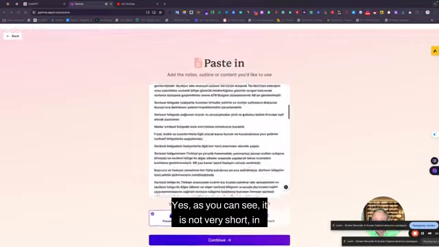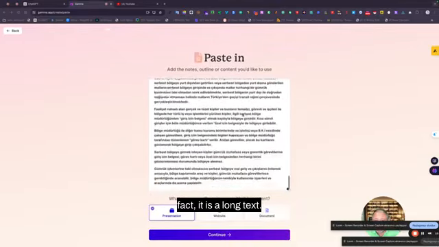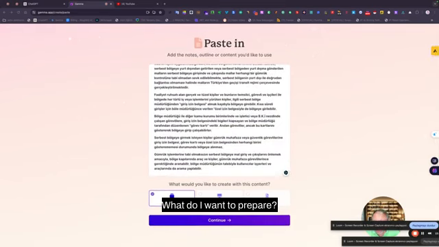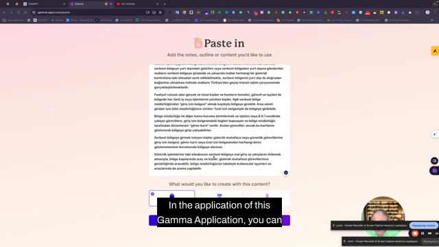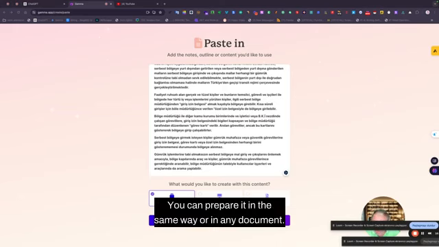Yes, as you can see, it is not very short. In fact, it is a long text. What do I want to prepare? In this Gamma application, you can actually make a website. You can prepare it in the same way or in any document.